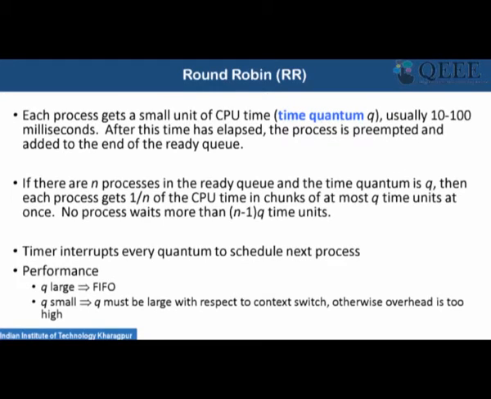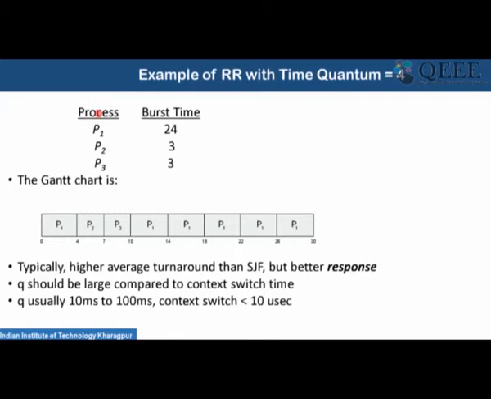Then we have multiple other scheduling algorithms like round robin scheduling. In the round robin scheduling algorithm, we have a fixed time quanta, and with that time quanta you basically switch from one process to another. So I am directly going to the example. Assume that you have three processes P1, P2, P3, and these are their burst times. Assume that the time quanta is 4.